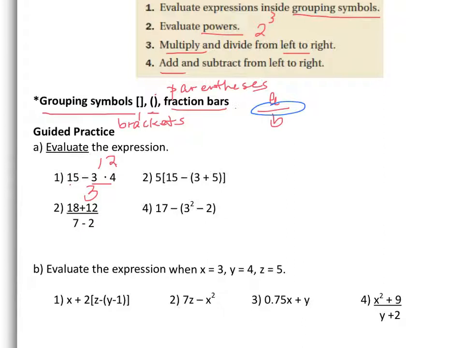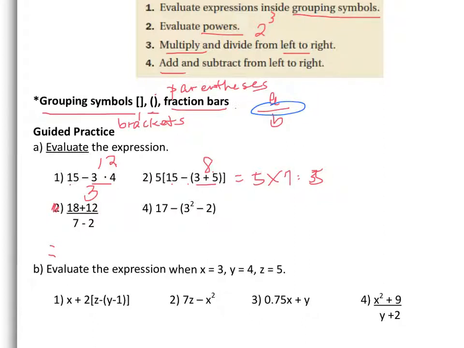So we're going to have to begin with 3 and 5. So that makes 8. 15 subtract 8 gives you 7. So 7 times 5,